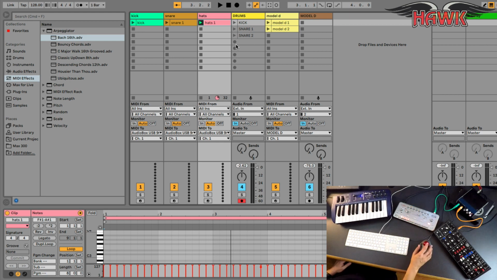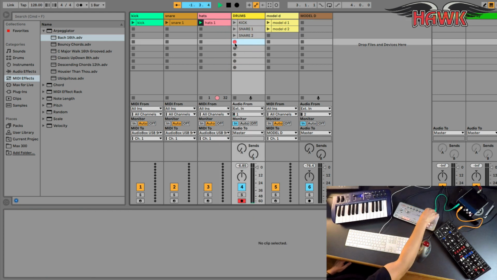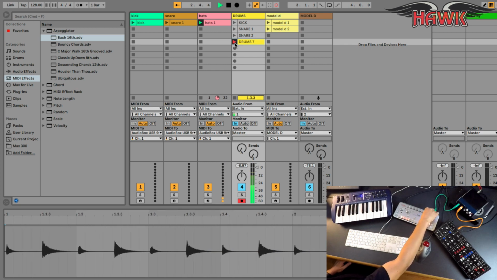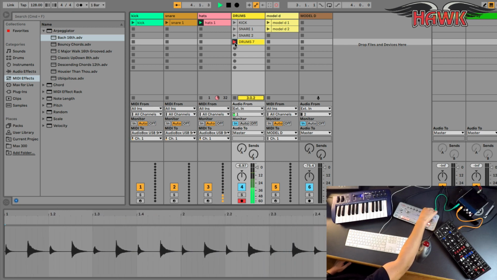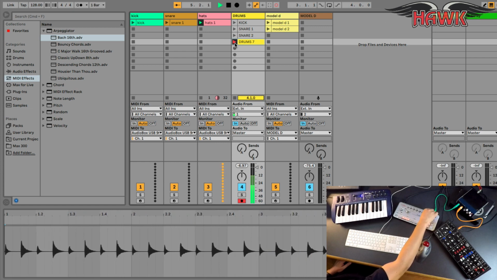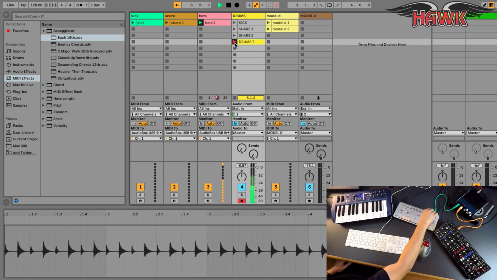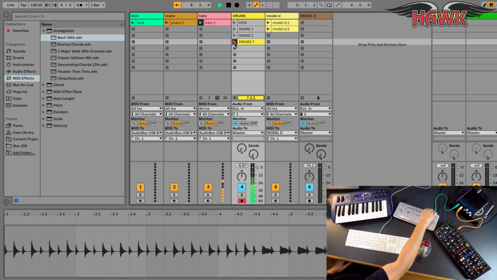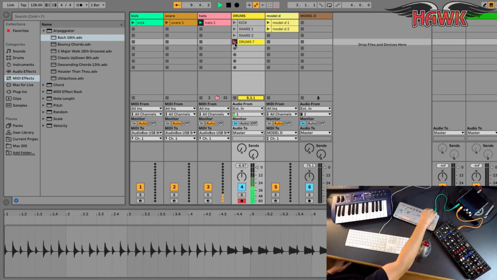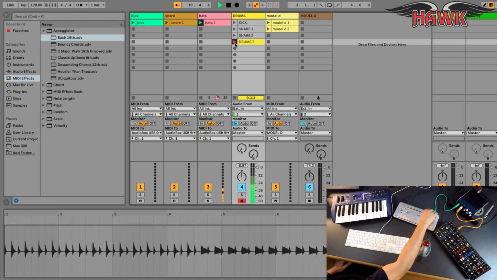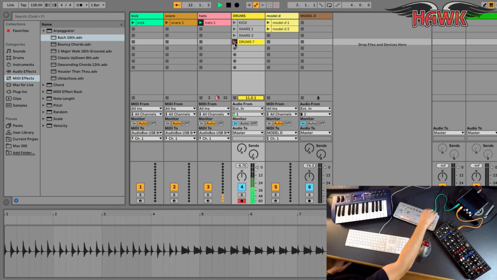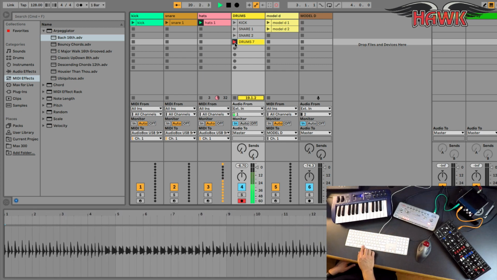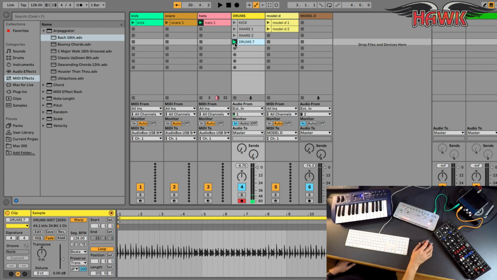And we'll go ahead and record the hi-hats. That should be plenty for the hi-hats